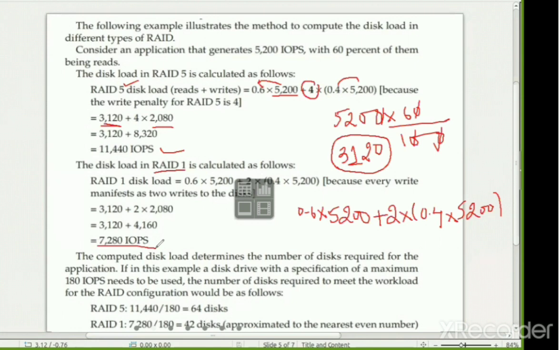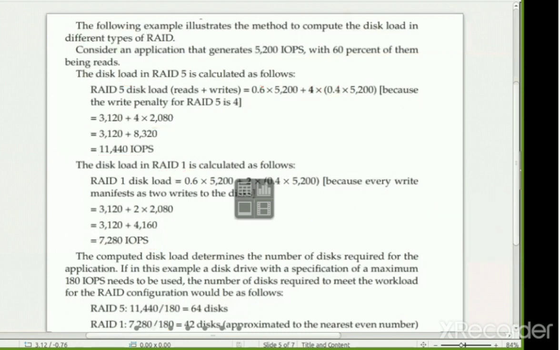At that particular point you can calculate it as the maximum number of input and output whatever they are going to give you, and you have to divide it by the RPM, the revolutions per cycle, however much they are going to give you. Okay, so this is one of the simple examples being given. Okay, moving on to the next slide.